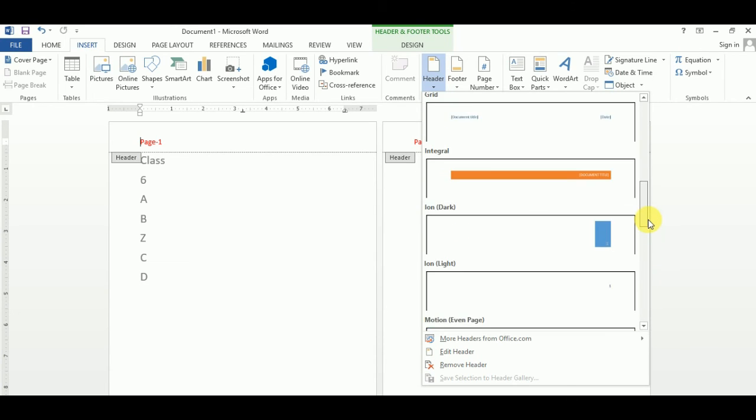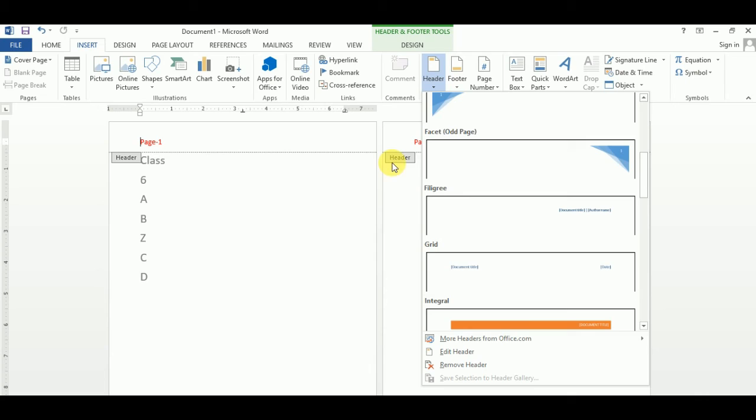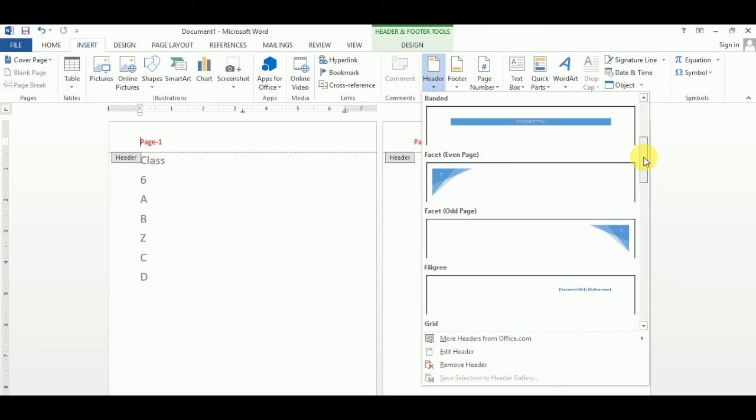Suppose I want to use this one, Facet, or this one, Ion.